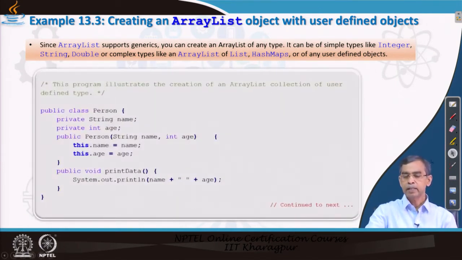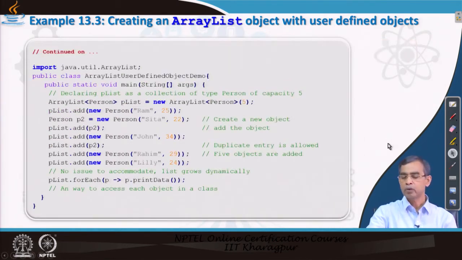Now, this is an example that we are going to discuss about how a collection can be created using a user defined data type. So, first we discuss a class of users, a person, with these different elements in it, and this is one simple method to print the elements in an object of the type class. Now, this is the one user defined type. We want to create a collection which will include all the elements of type person. So, our next program shows you how we can do that.